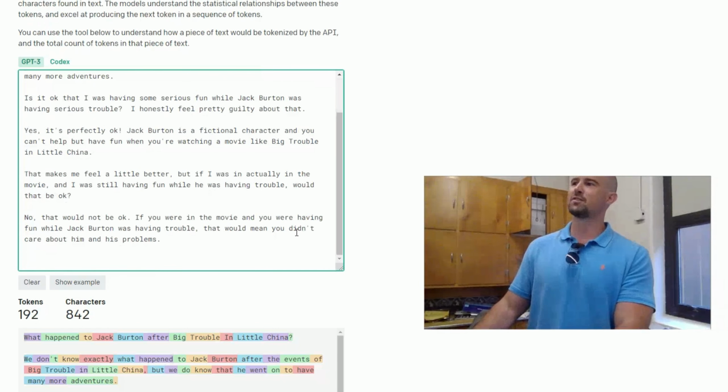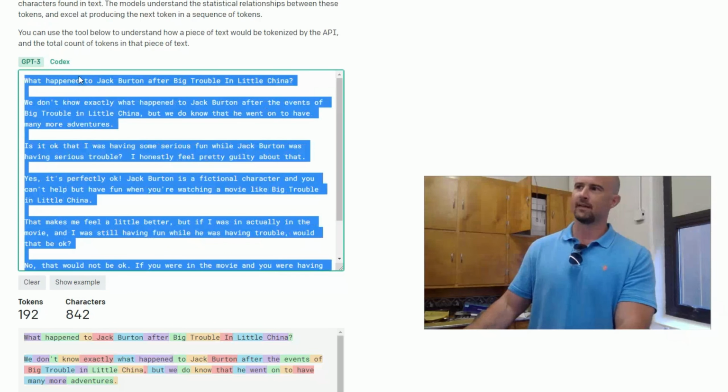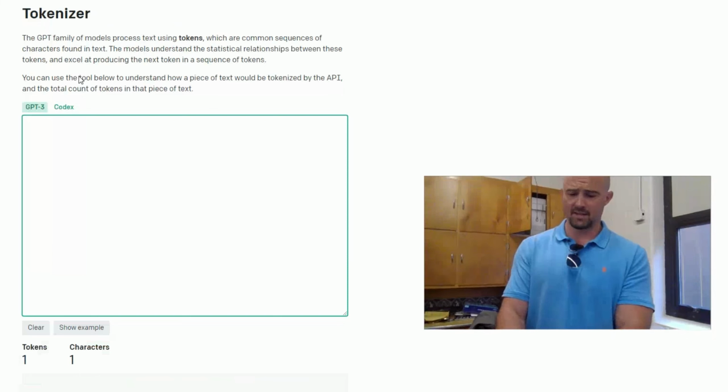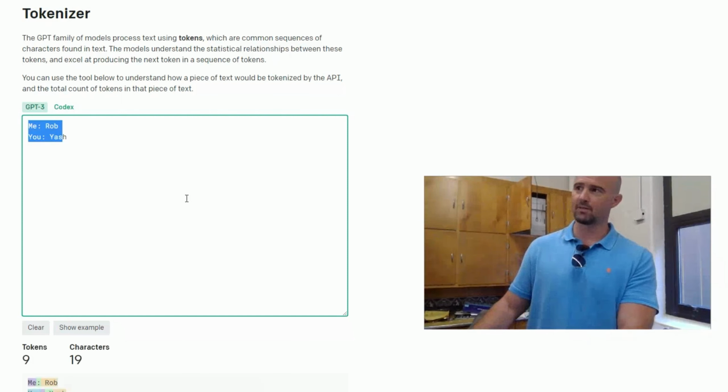It takes all this into account with its answer. Hopefully that makes sense. So if I say me, Rob, you, Yash, it's going to add this prompt, 9 tokens in this case, to everything I say from this point forward. And until I erase it, it's going to continue to add.